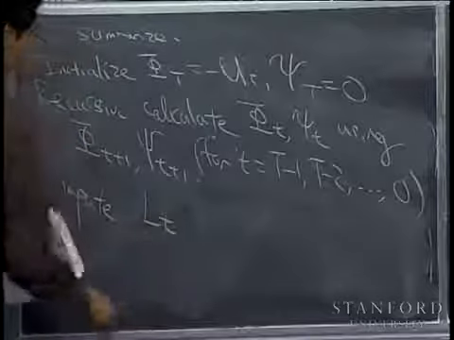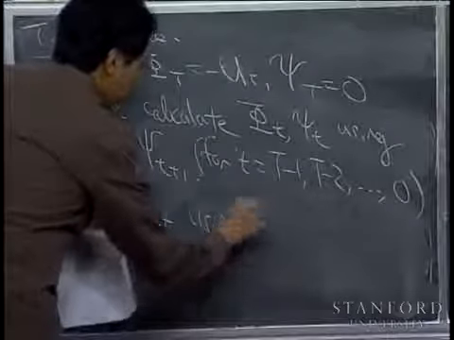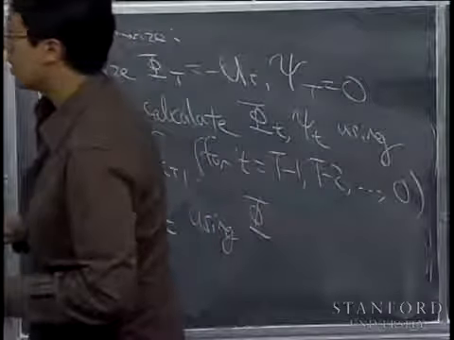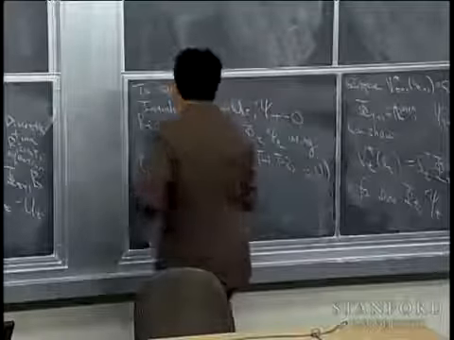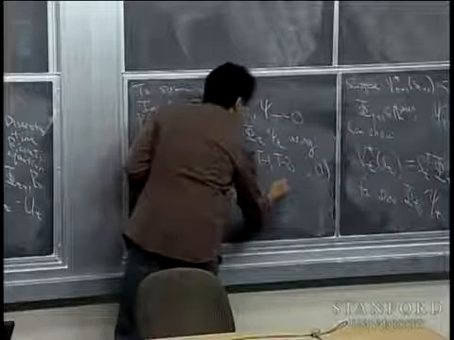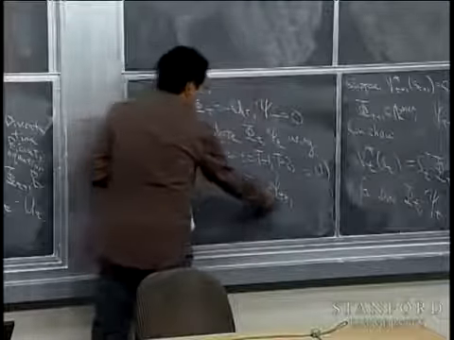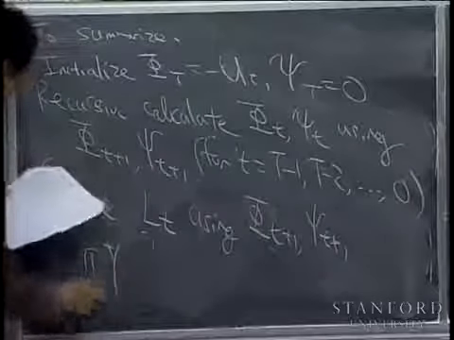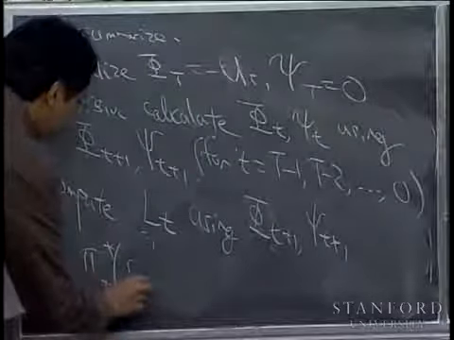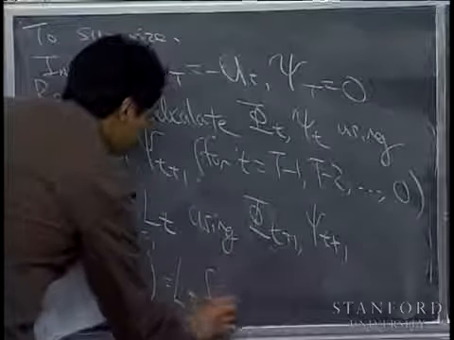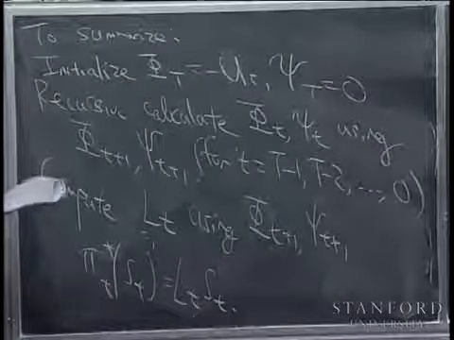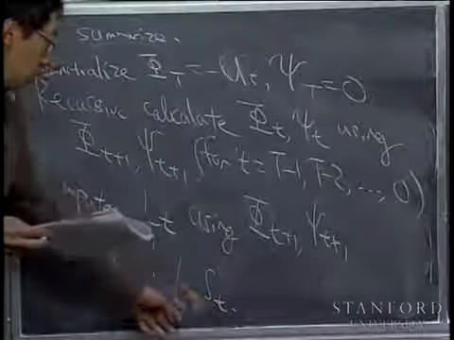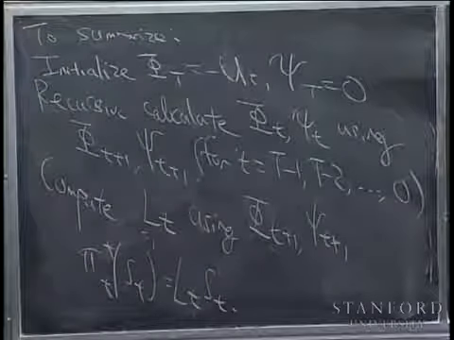Then you compute L t as a function of, actually, was it phi t or phi t plus 1? Phi t plus 1, I think. Right, as a function of phi t plus 1 and psi t plus 1. There's actually a function only of phi t plus 1; you don't really need psi t plus 1. And now you have your optimal policy. So having computed the L t's, you now have that the optimal action to take in the state s_t is just given by this linear equation.